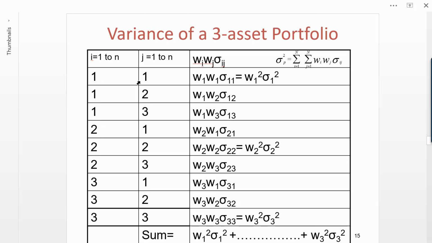So when i is equal to 1 and j is equal to 1, it's the weight in the first asset times the weight in the first asset. That's the weight in the first asset squared, times the covariance between the first asset and the first asset, which by definition is the variance of the first asset. And then I set i equal to 1, j equal to 2, and I get weight of 1, weight of 2 times covariance between 1 and 2, and go on forward. So what this double summation does for us is make sure we account for all the different pairs of assets. So there's 9 pairwise combinations of 3 assets. And to fully calculate the variance, I need to know how each asset